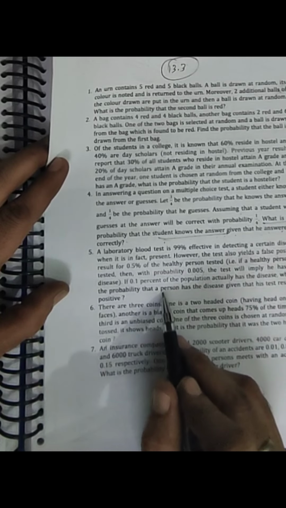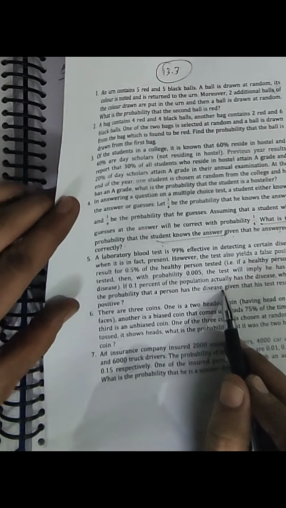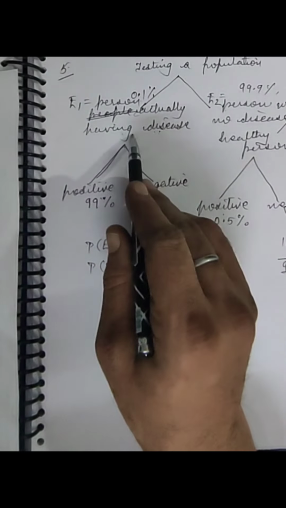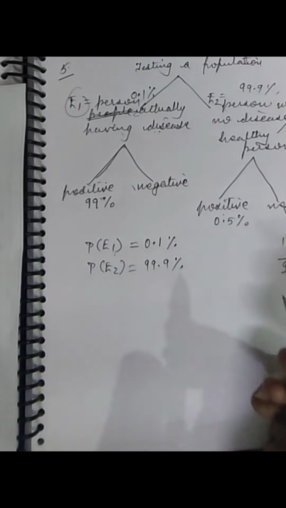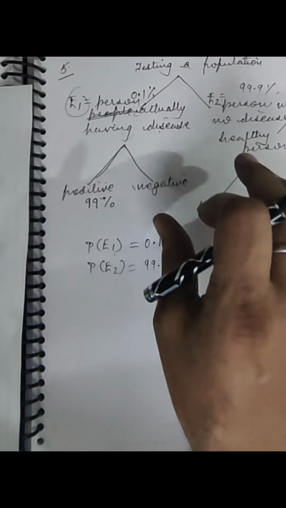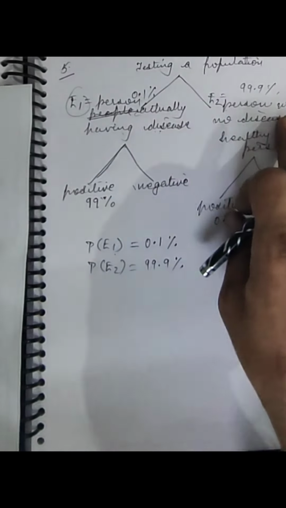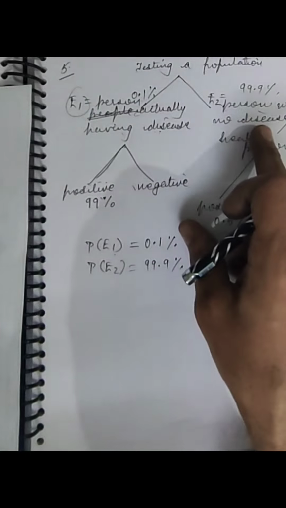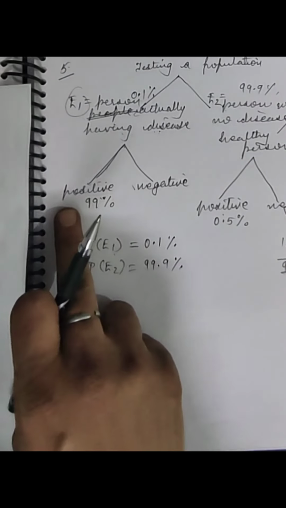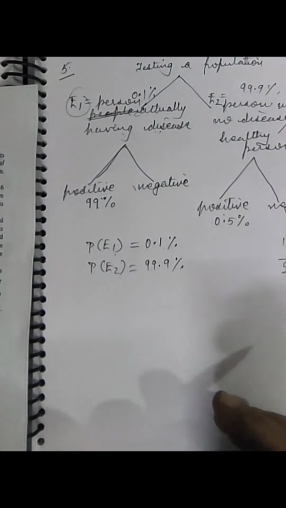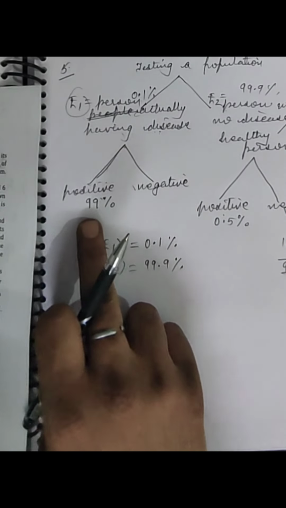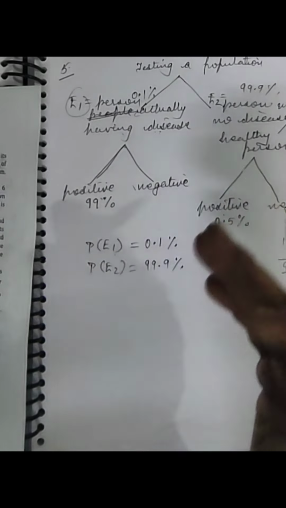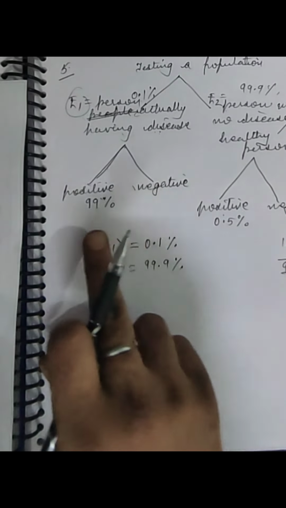Now we have to see the last statement. What is the probability that a person has the disease? Person has the disease. Again, we have to find the probability of E1. So as I have already said, in such conditions, whenever we are finding the probability of events, it is Bayes theorem. When we are finding the probability of these conclusions, it is total probability. Every time this will be required actually, this is the part of Bayes theorem, that we have to find the probability of these conclusions.